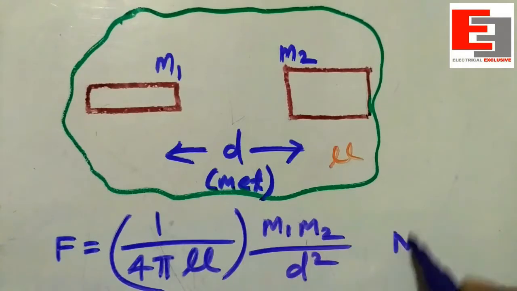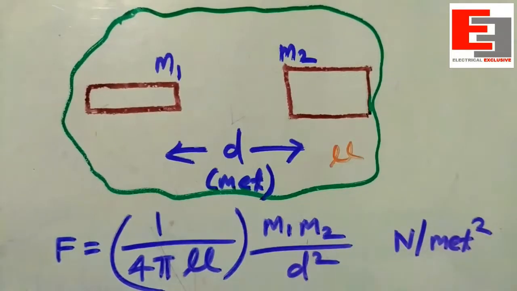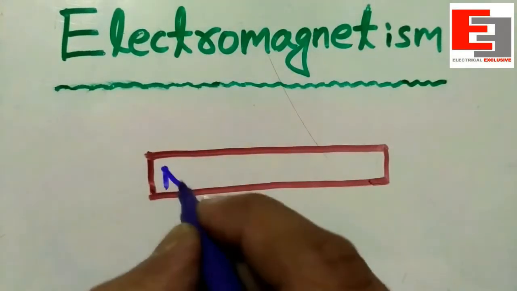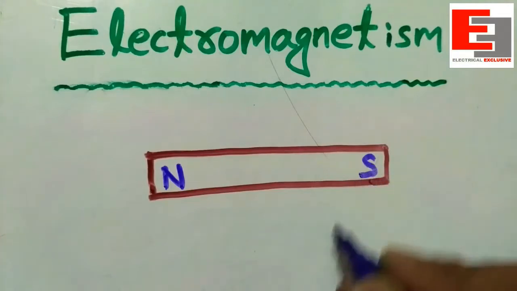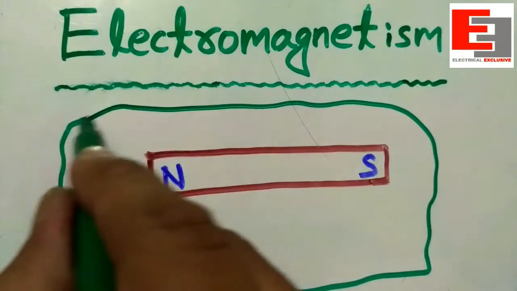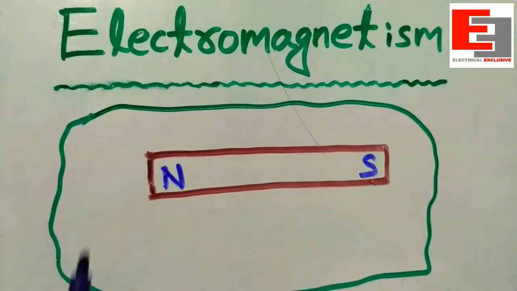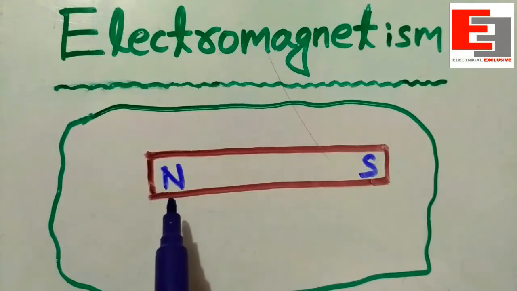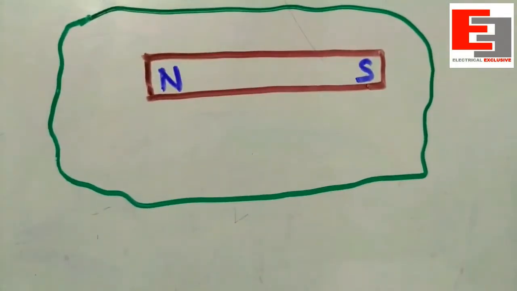The unit is Newton per meter square. Let's take a magnet, a bar magnet. Suppose this is the North Pole and this is the South Pole, and this magnet is placed in a medium, suppose air medium. Then we can say the space surrounding this magnet will be under stress, and that stressed space is called the magnetic field, and this magnetic field is caused by the magnetic lines of force, which is also called the magnetic flux. The magnetic flux is denoted with the letter phi,